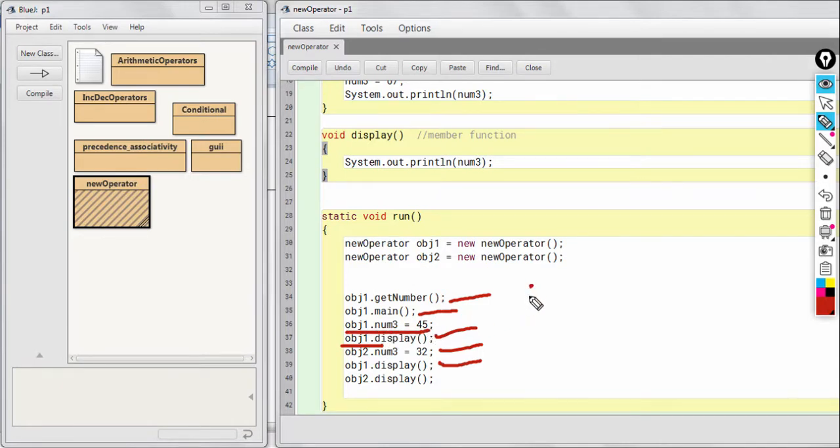Okay, let us just write it down. 67, 34, then this will print 45, then this line will also print 45 and obj2's display will print 32. Okay, so let's see the output.